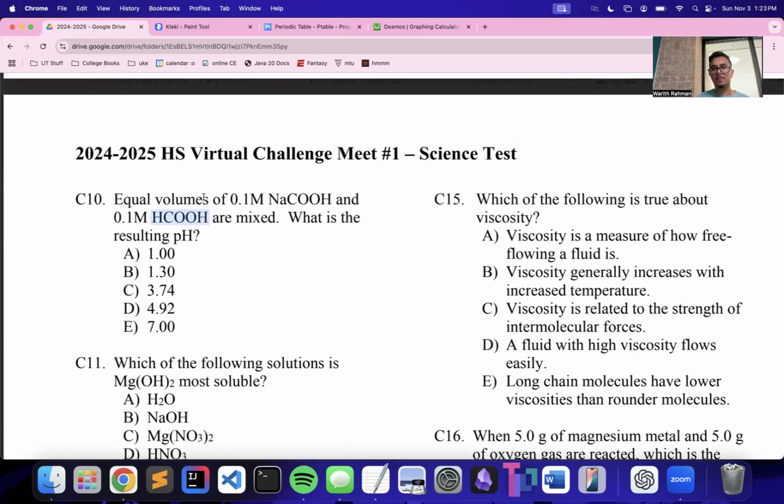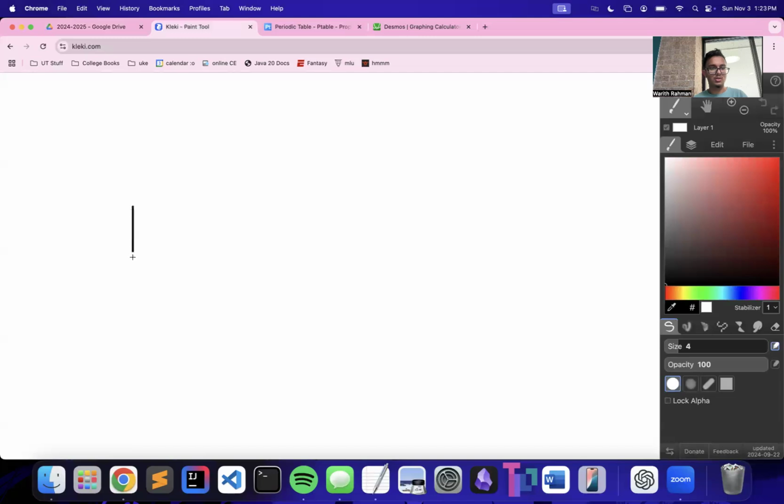So you may be thinking here that if we have the same amount of some acid and its respective weak base, they should cancel each other out, so our pH is just 7. However, this doesn't really work because of how equilibrium works on weak acids. If this was, for instance, sodium chloride and hydrochloric acid, then it should end up working out. But because this is a weak acid, we have to use what is known as the Henderson-Hasselbalch equation, which states that for some weak acid, I'm going to double check this in a sec, the pH is going to be equal to the pKa, which is related to the acid dissociation constant,